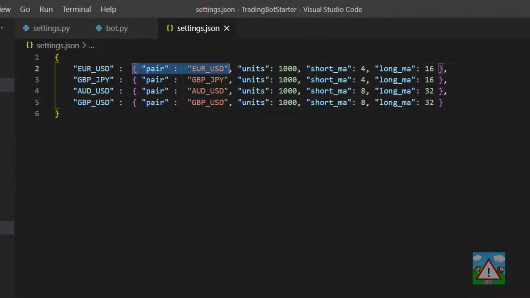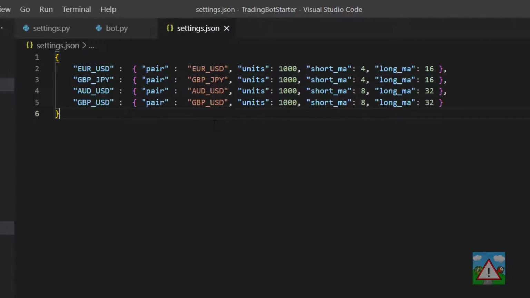So when we created the settings.json, we created a list of objects inside there. And between that video and this one, I've realized that it might be a little better for us to change that a little bit and make an object with some keys, and each of those keys then gives us the particular object that was in the list. That allows the bot to find the relevant settings a little bit easier and not have to